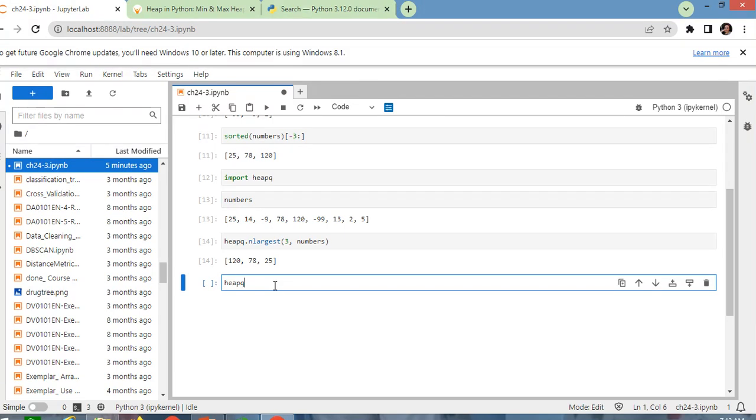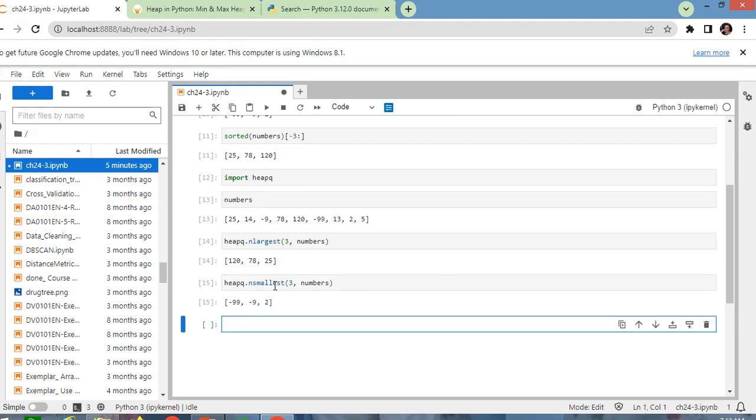This heap queue has another method which is nsmallest, and again a 3, and the list name, and you can see the result here. Okay,